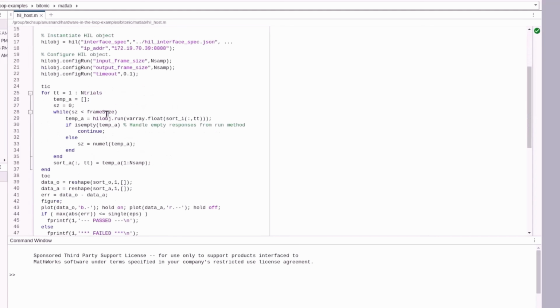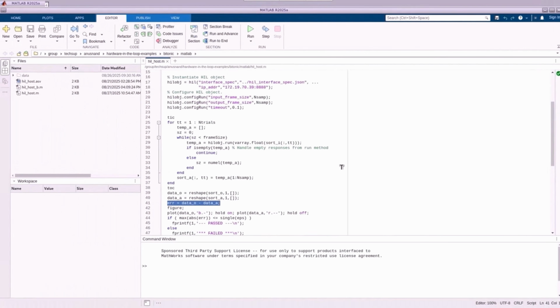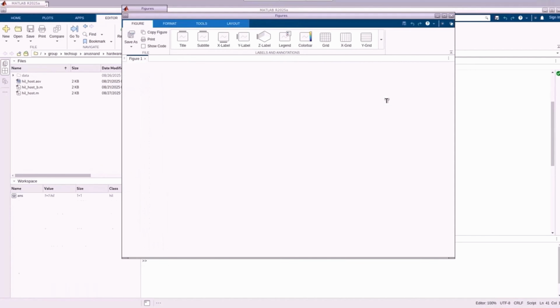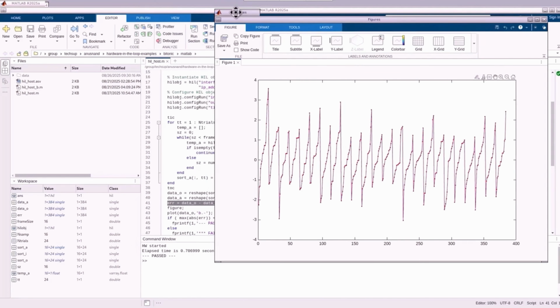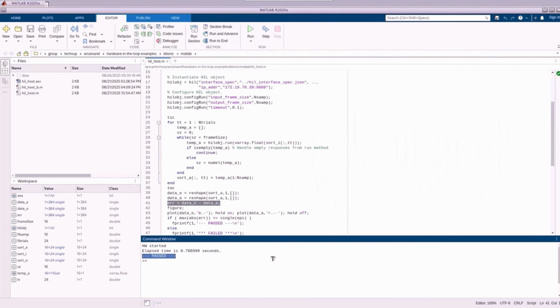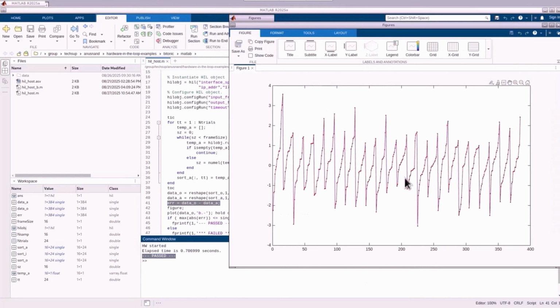trials. Use the runMember function of the HIL object to send data to the HIL server running on the development board. This function returns data from the HIL server over the Ethernet connection set up earlier. Note that all data sent and received must be a V-Array data type. This run function method can return varying amounts of data per call, sometimes no data at all. If multiple outputs need to be synchronized, a FIFO should be coded in the host application.